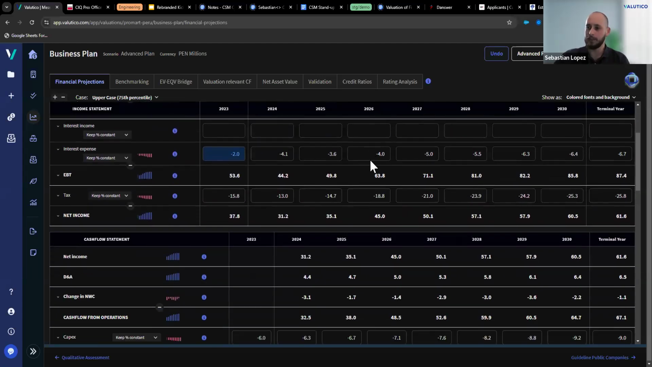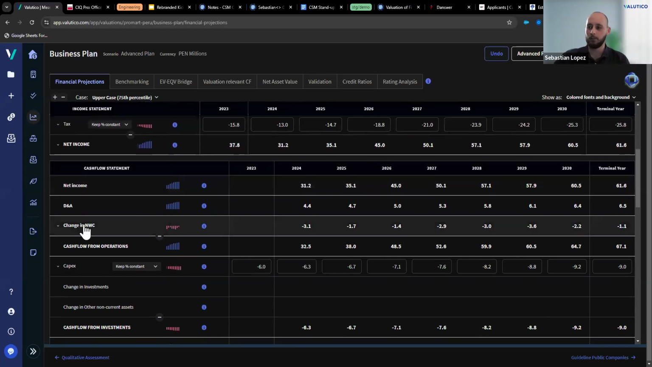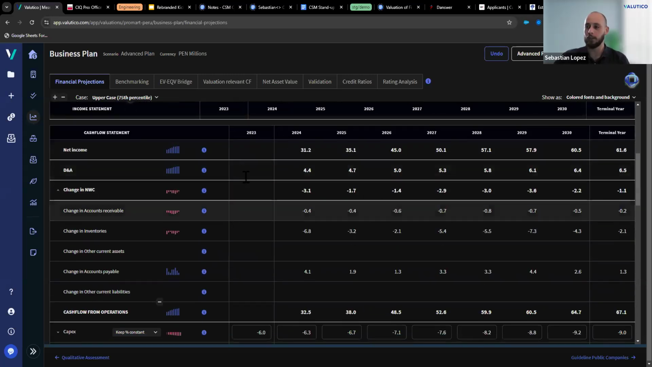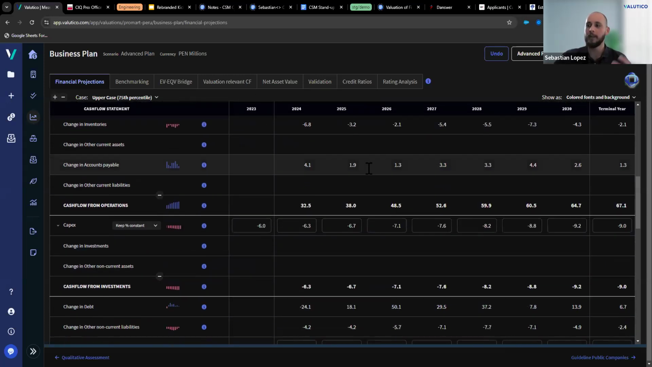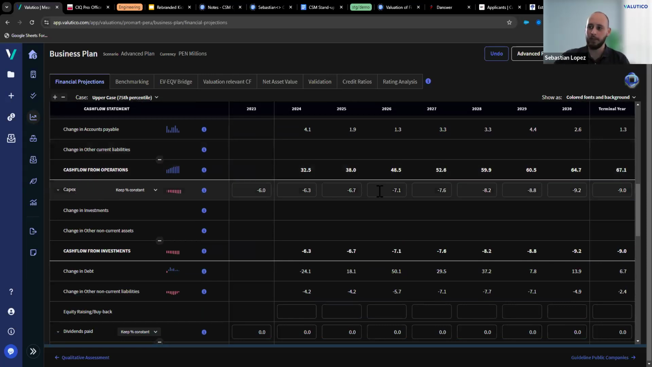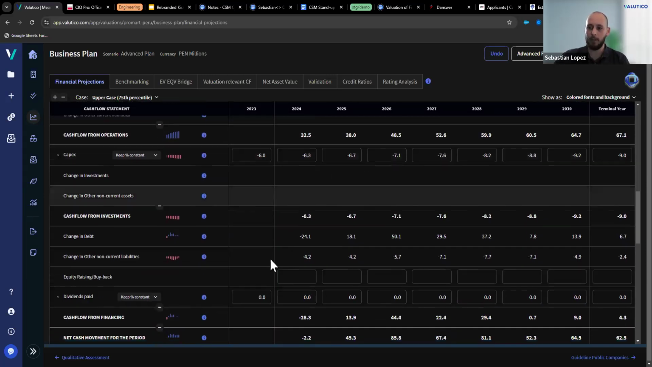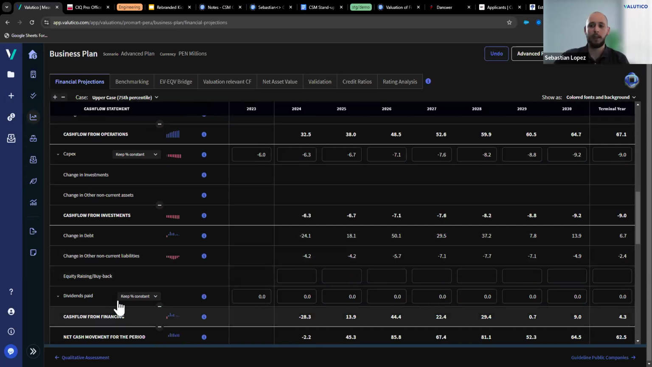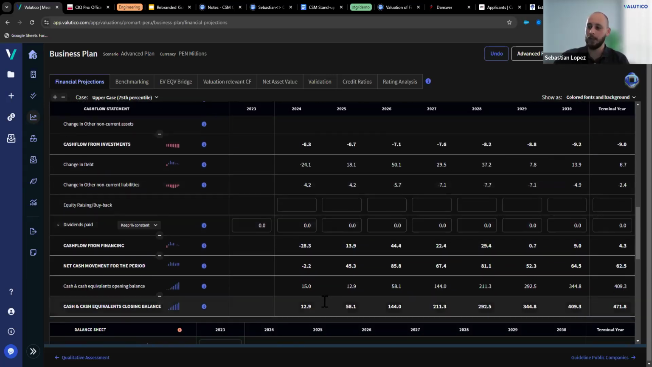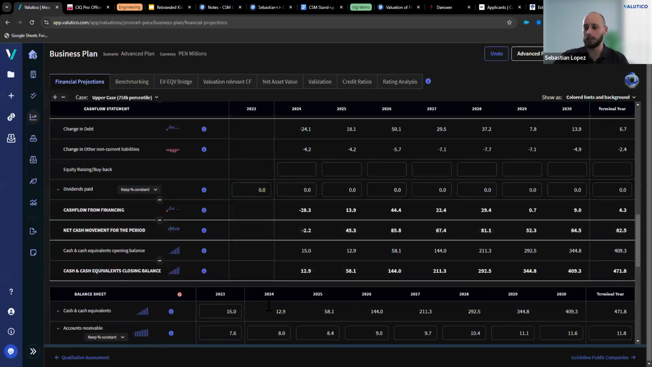If I keep going down, you're going to see now the cash flow statement. As mentioned before, all or most of the accounts are calculated from the income statement and the balance sheet. You can see your changes in net working capital here, net income and D&A. As mentioned before, you're going to be able to edit or change the capital expenditures, the equity raising or buyback, and the dividends paid. All the other accounts are automatically calculated from the balance sheet or income statement. At the bottom, you see the closing balance of cash that is then going to be pulled directly into the